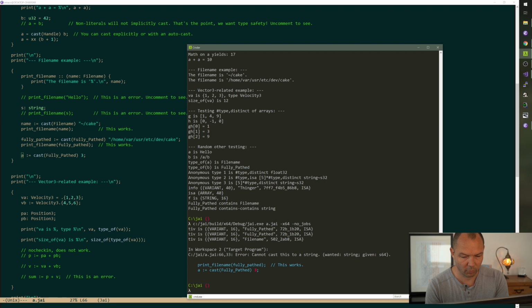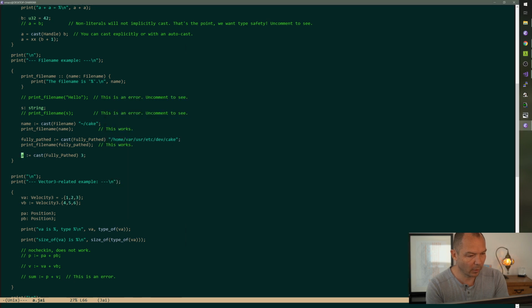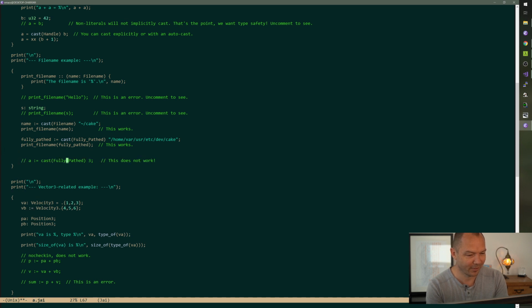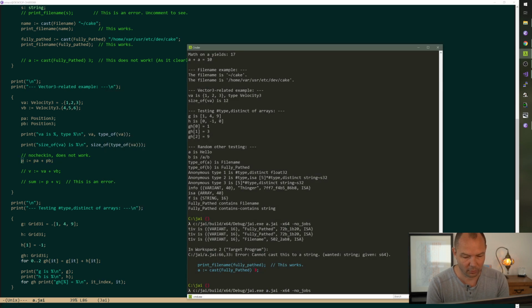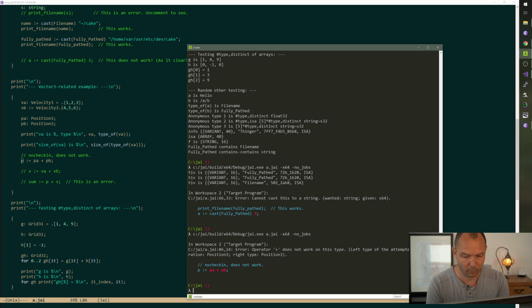Cannot cast this to a string. There we go. This does not work. Okay. As it clearly should not. Okay, great. Now, what about this? Operator plus does not work on this type.